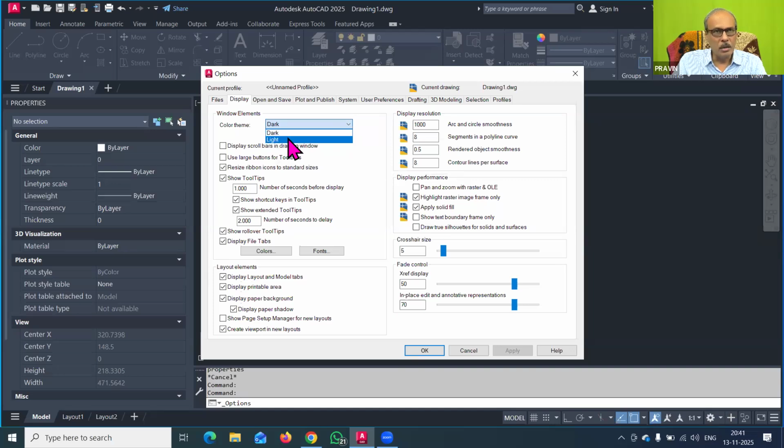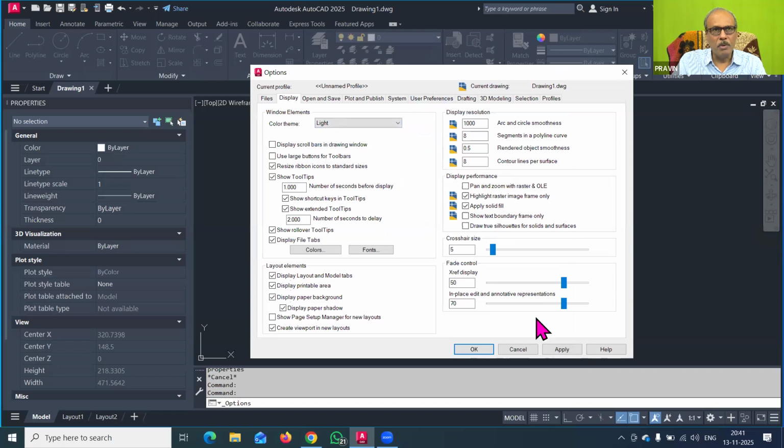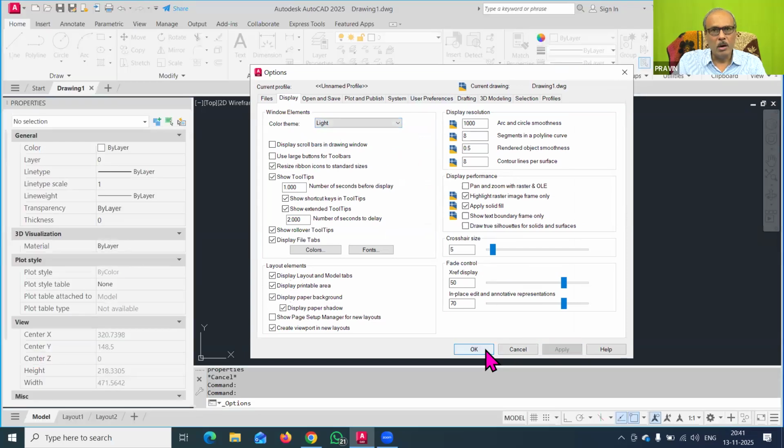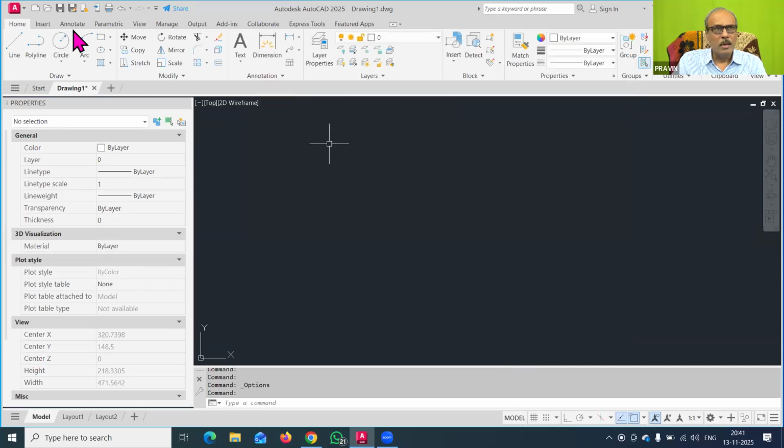In earlier versions, it was light by default. So in 2013, 2020, 2018, all these versions, the color theme was light. In this dialog box, I will set the color theme as light, then click on Apply, and then click on OK. You can now see that the theme is now gray. This is an AutoCAD 2013 like screen, where the properties dialog box is also gray, and the ribbon bar is also gray, and the commands are given.